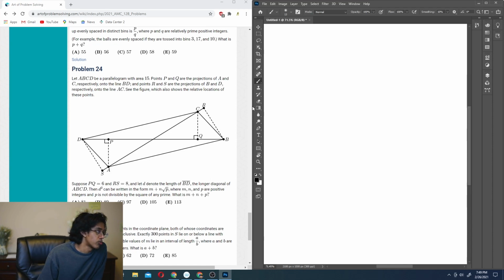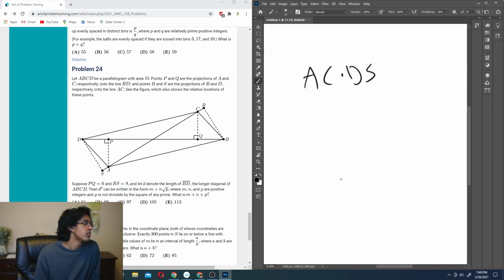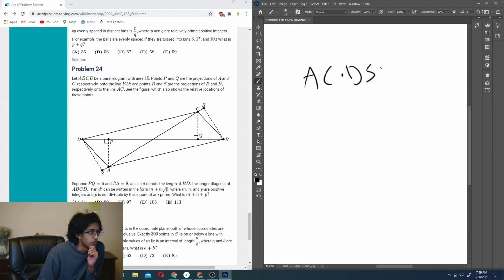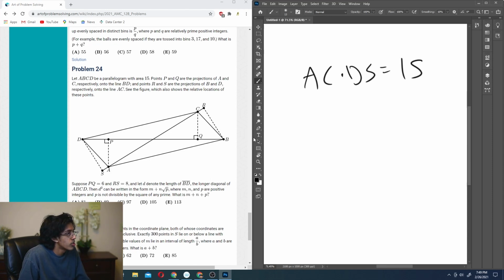Okay, so let's see what we could do for the area, right? So area is equal to AC. Okay, so area is AC times DS, right? Because, yeah, that should be right, is equal to 15, but we don't know DS, right? Or AC. So we only know RS, but we don't know the height. Okay, we also know PQ. What does knowing PQ help? So this is 3. Oh, they're similar. Okay. So we know this is 3, but we don't know any other side lengths though. That's annoying. Well, we know the ratio of like this thing to this thing is 3 to 4. Or 4 to 3.